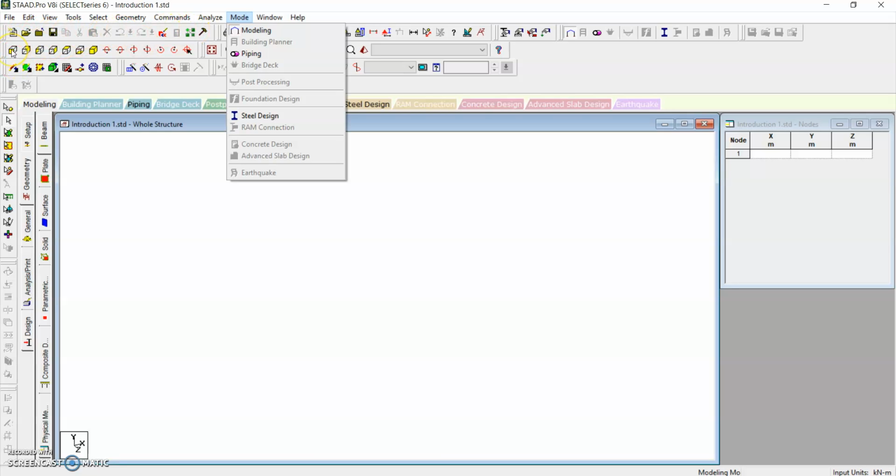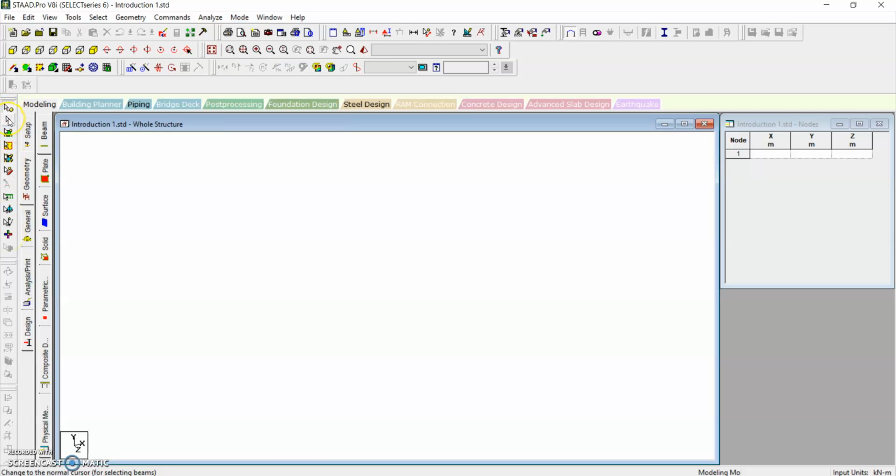Now if you look at this, this is a view, and these are the icons which are used for cursor. These are node cursor. If you keep your cursor on that, you will see what it is. This is node cursor, this is beam cursor, this is plate cursor, etc. The same geometry is given here, and all these are the same shortcuts which are given to ease our work. And you can see these pages.